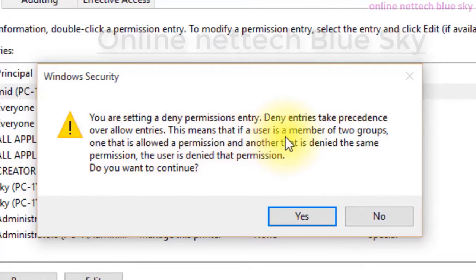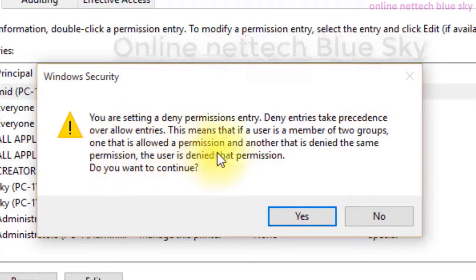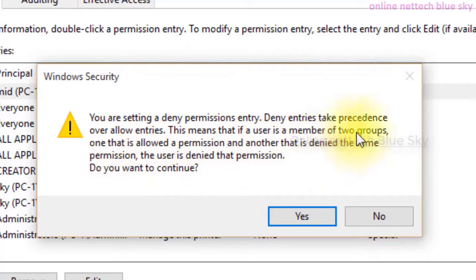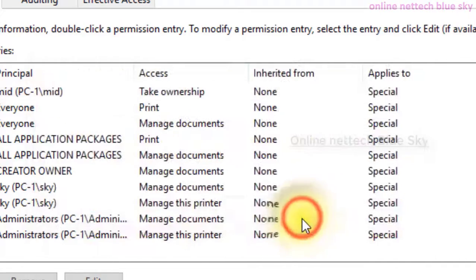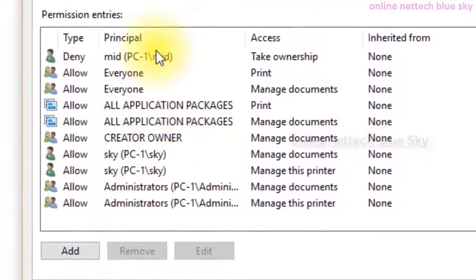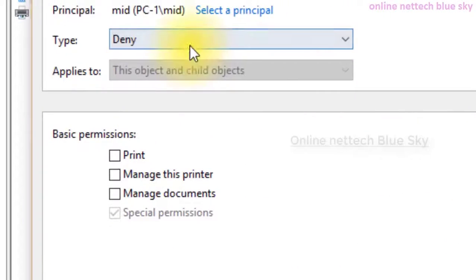If you are a member of two groups on your computer, and one is allow permission, another is deny for the same permissions here, this will give a warning message here. So that means this system will not print your documents. So deny is here, okay, and click on it.